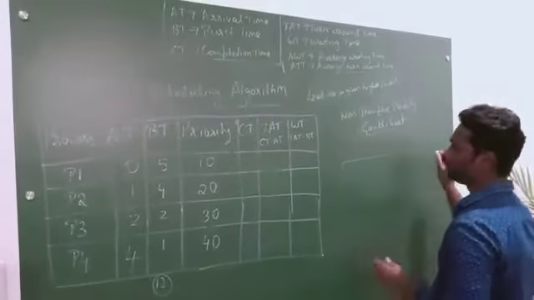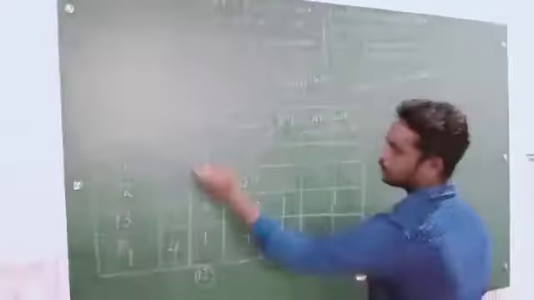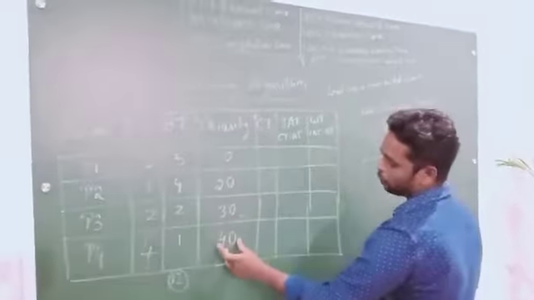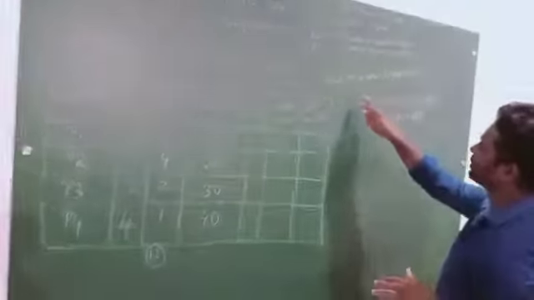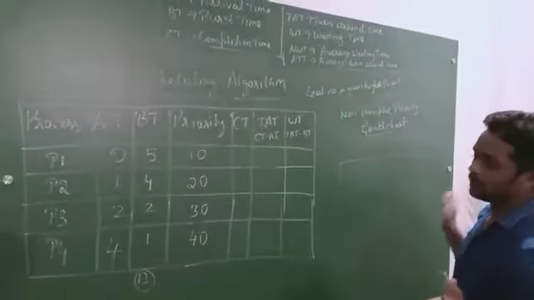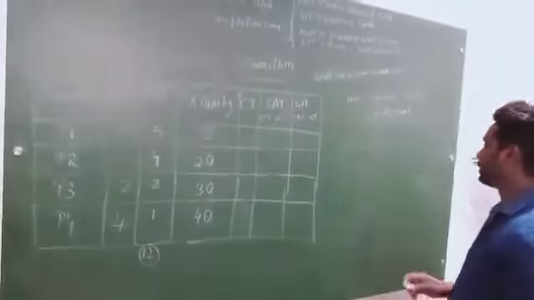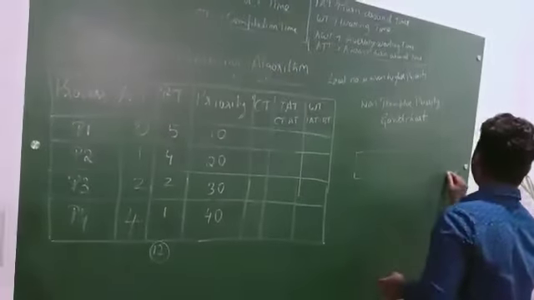Okay, so you can just see here arrival time, burst time, and the priority of the process. I've given 10, 20, 30, 40, and by default I have just taken the least number as the highest priority. Least number is which one here? 10. That is given the highest priority. So I'll just go with non-preemptive first.